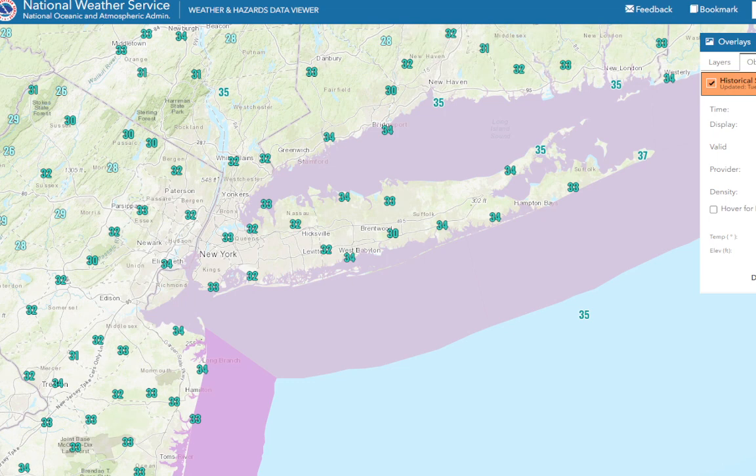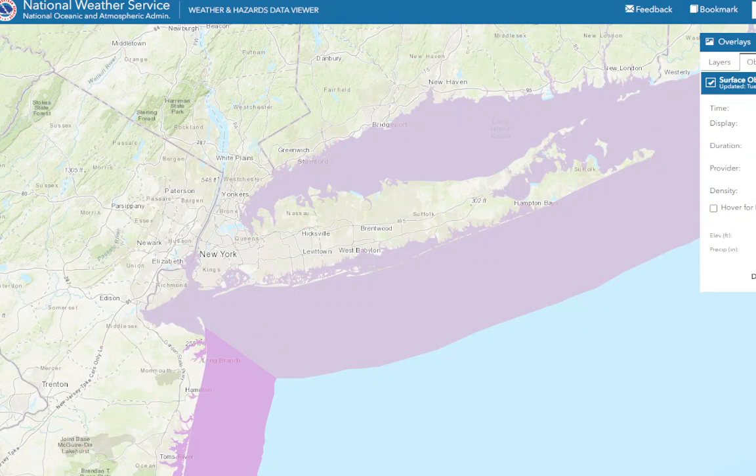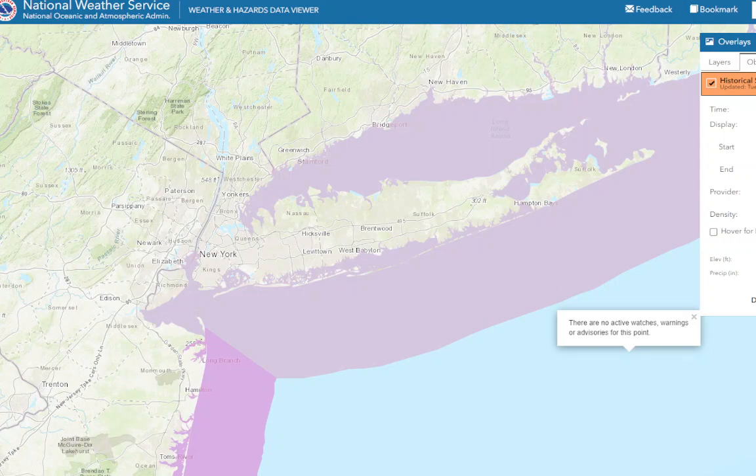It really is. So putting this back to the regular station plot, can we do snowfall? I don't know. I don't think we can. It's not going to show snowfall on here. There is no snowfall parameter. So I was hoping to see where there was some snow. But anyway,